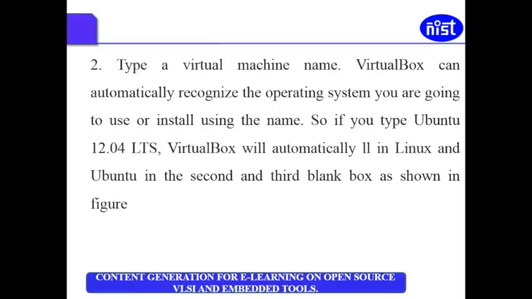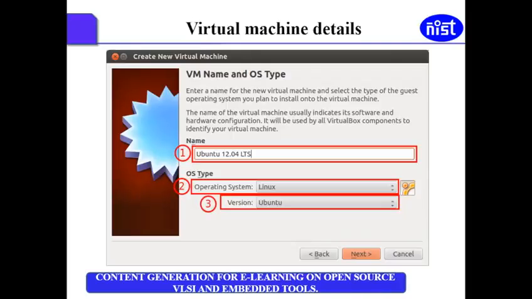VirtualBox can automatically recognize the operating system you are going to install. So if you type Ubuntu 12.04 LTS, VirtualBox will automatically detect that it's Linux and Ubuntu in the second and third boxes as shown in the figure.